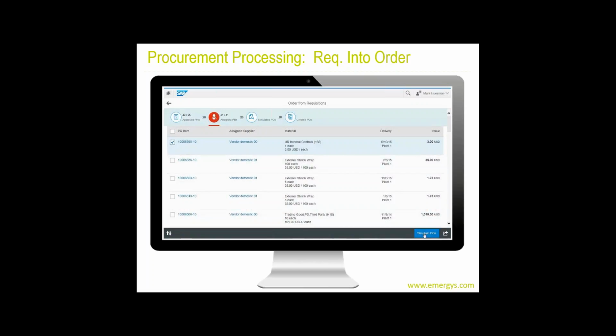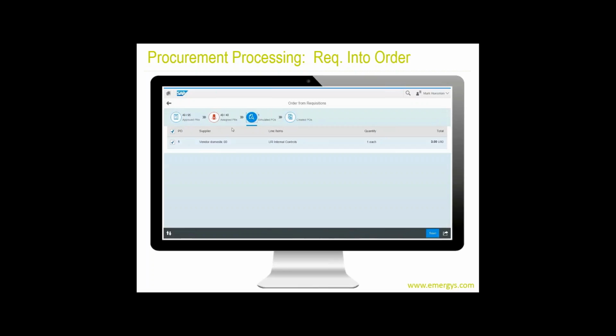So the idea here is that we're processing one from the approved, it's now assigned, it's now simulated as a PO, so we're just going right through the wizard at the top, all the way into the conversion from a purchase requisition into a purchase order. And like I said before, the purchase order may also require an approval, really up to how you want to configure that, how you want to work with us to configure the system.